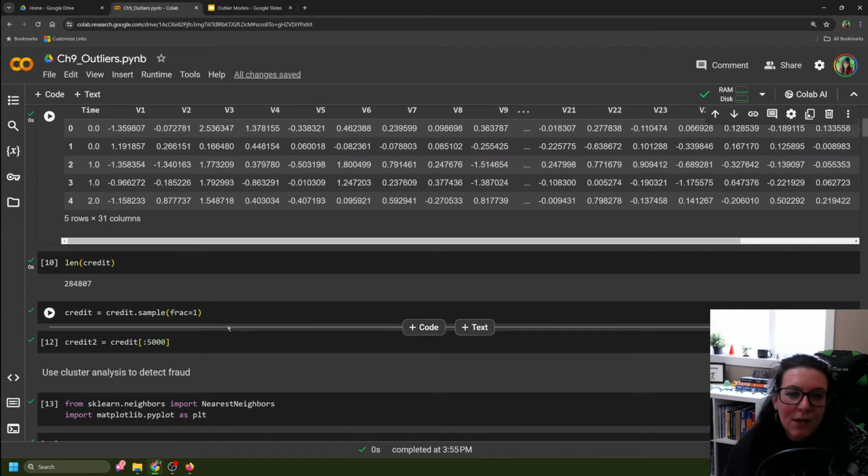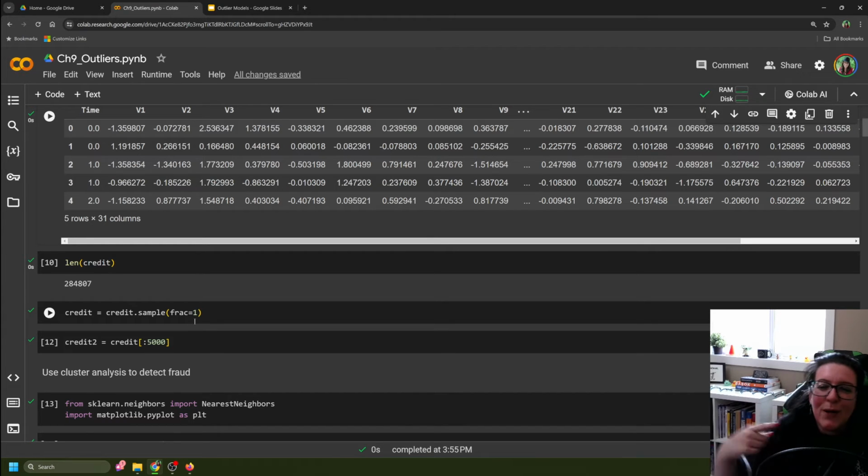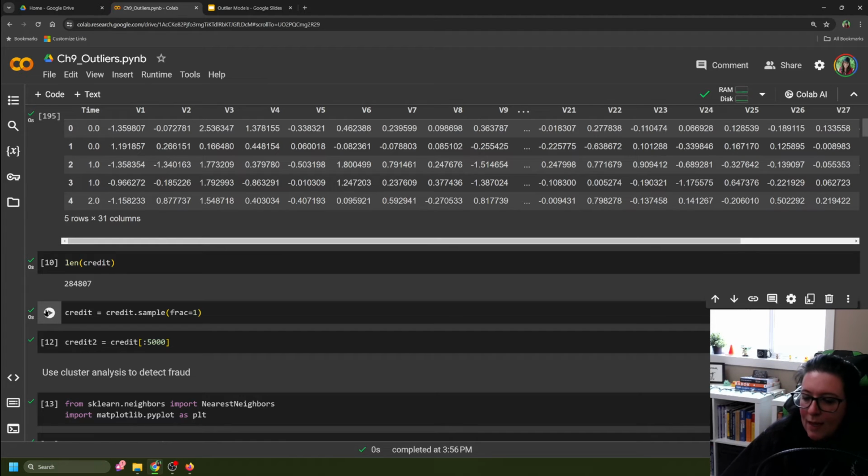The concern, of course, is that the first 10,000 are not fraudulent and the next 10,000 are. We don't want to take 10,000 and then get none that are. So what we'll do here is use this frac equals 1 sample. Frac equals 1 basically just rearranges all the rows. So we'll do that. And then we're just going to take the first 5,000, and I'm doing that because I'm on Google